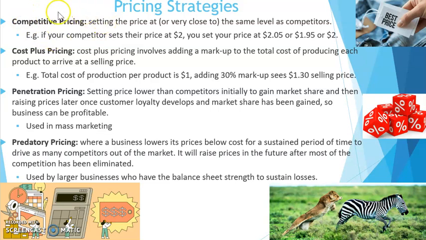So this is, as the name suggests, when a business sets its price for its products at a level that's close or the same as competitors. So a good example there, your competitors set their price at $2, a competitive pricing strategy would see our business setting our price of our products in and around that $2 mark. So you can see it doesn't have to be exactly $2, but it's going to be in and around that